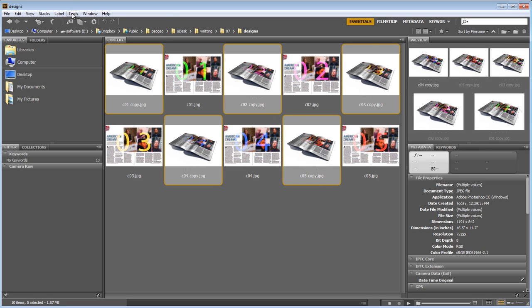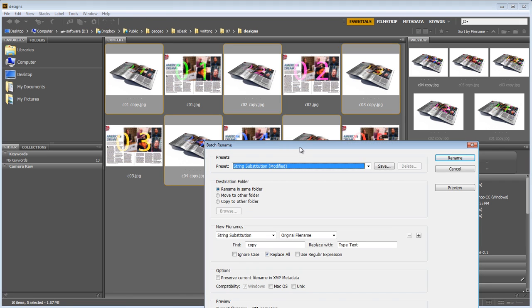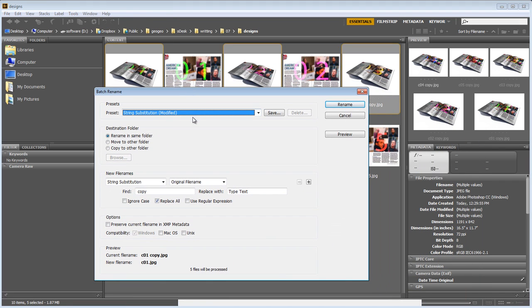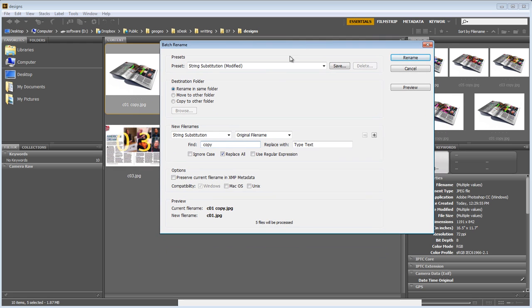So just select them all and Tools, Batch, Rename. This brings up this menu, and we can choose string substitution from the original file name, and we tell Bridge to find space, so there's a space here, and copy, right, and replace it with